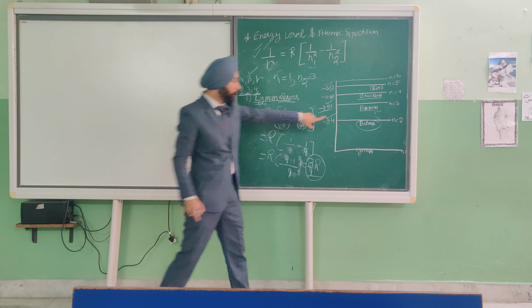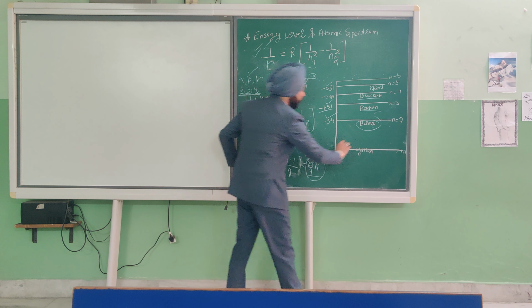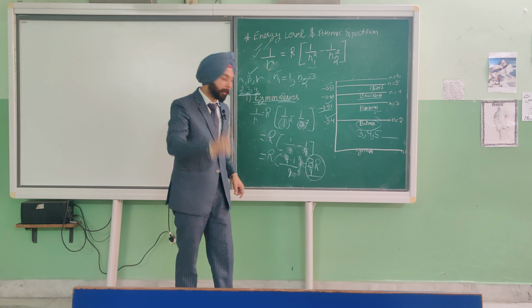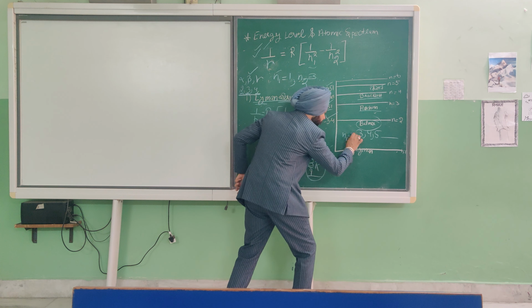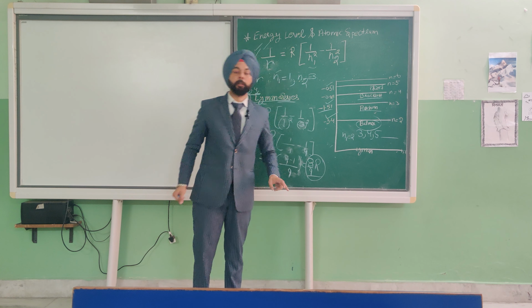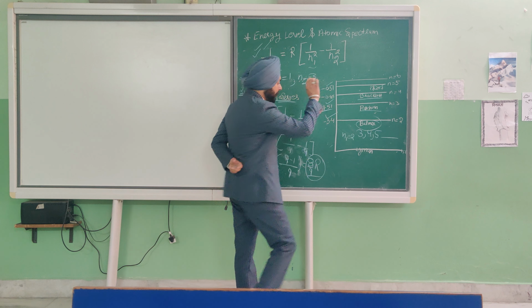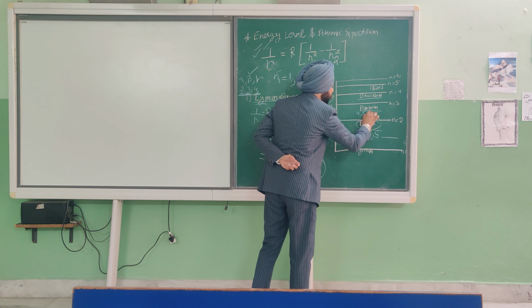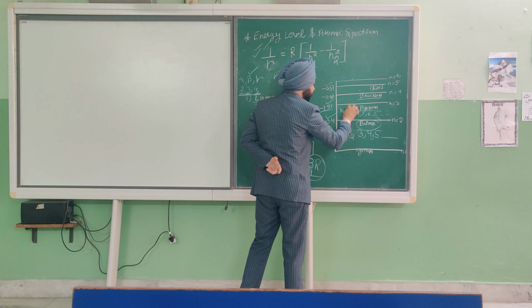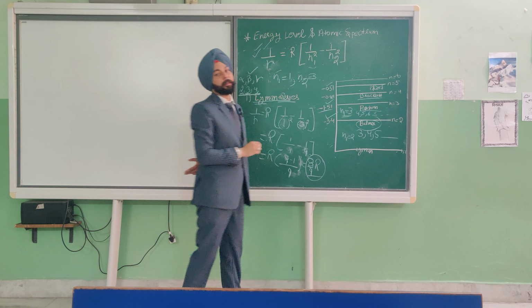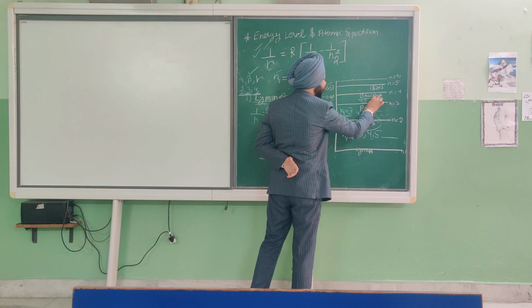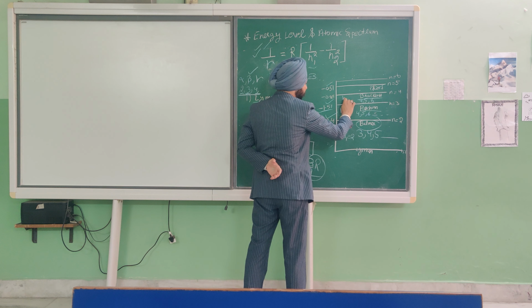But if I talk about the Balmer series, okay, this series starts from 3, 4, 5 and so on. In the Balmer series, we take n1 as 2, and for n2 we take n3 and so on. And the Paschen series starts from 4, 5, 6 and so on. But in the Paschen series, n1 is equal to 3, and in the Brackett series the series